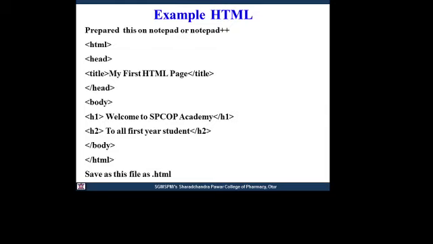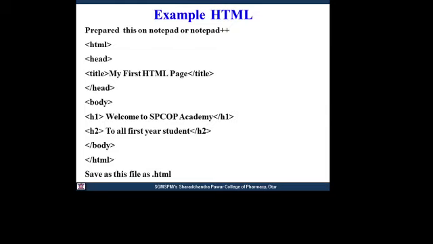Then body is the next part of this skeleton structure in which you can write any paragraph or any number of headlines, like headline 1 or headline 2. There are up to 6 headlines, h1, h2, h3, h4, h5, but the primary headline